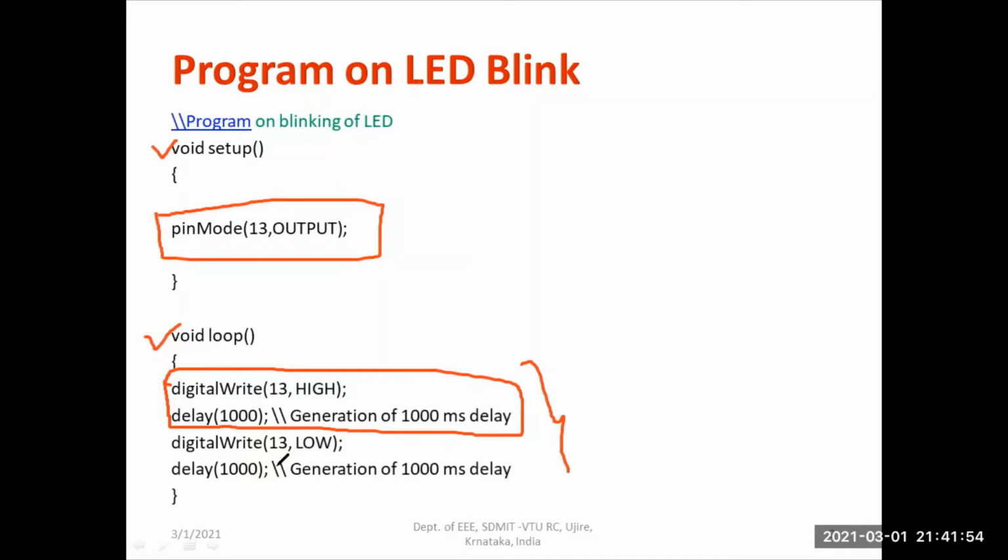And afterwards, after 1000 millisecond, or else you can say 1 second, the LED gets off. So the on and off process will be repeated. So that is the importance of this particular loop. Okay, this process will be repeated. That means 13 is the output pin, so 13 will be made as an output pin. So you are going to maintain a delay of 1 second, or you can call it 1000 millisecond. That's the meaning of this particular command.